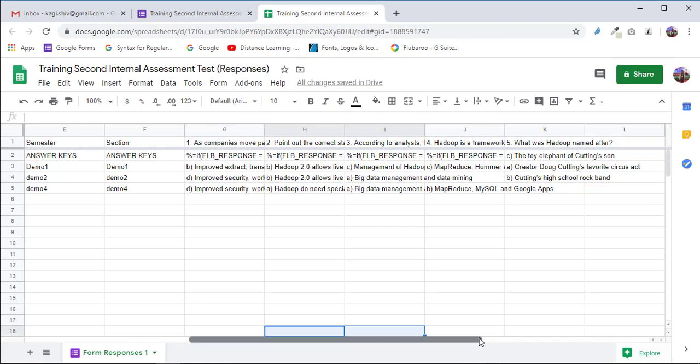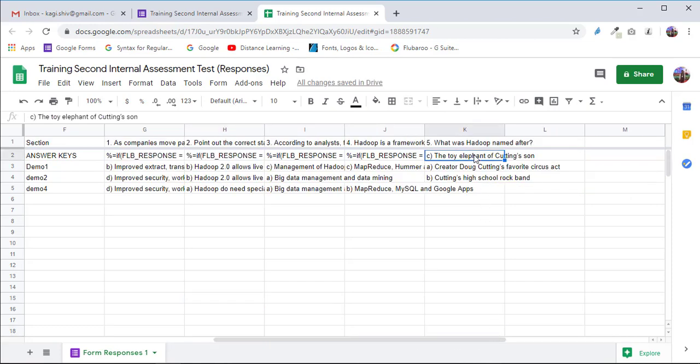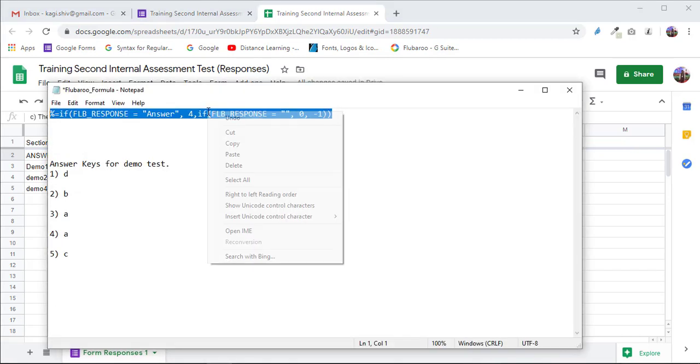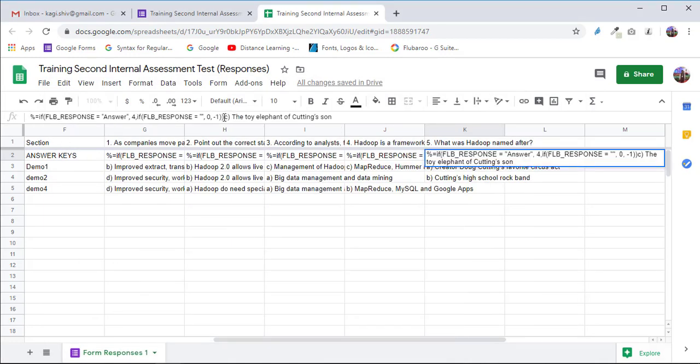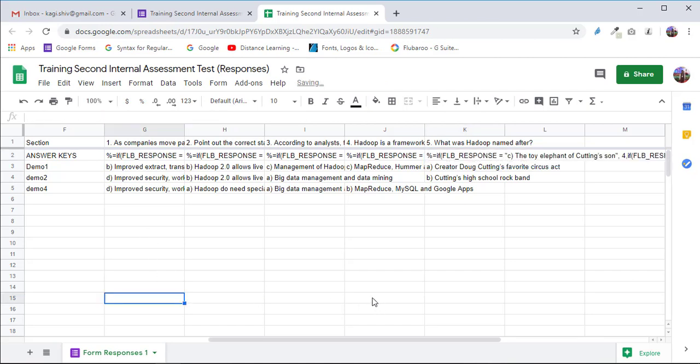I have included only 5 questions for demo purposes, but you need to perform this for all the 30 questions. Again I will go back to my sheet, copy this formula, paste it here, remove this with Control X, and in the place of answer I will carefully paste that. Done.